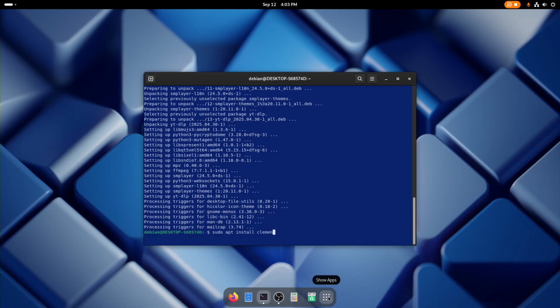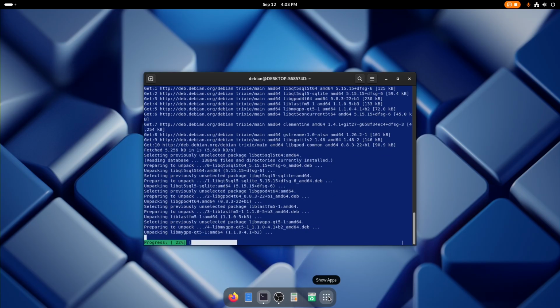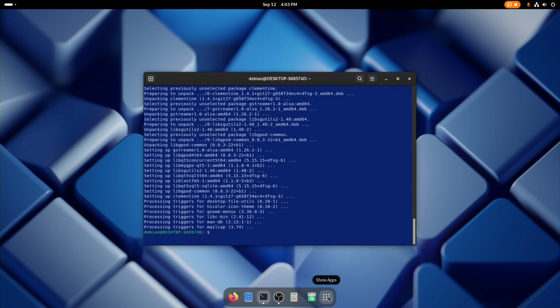It's not the prettiest, but it works like foobar does, so I like that. So put Clementine in here. Alright, and then